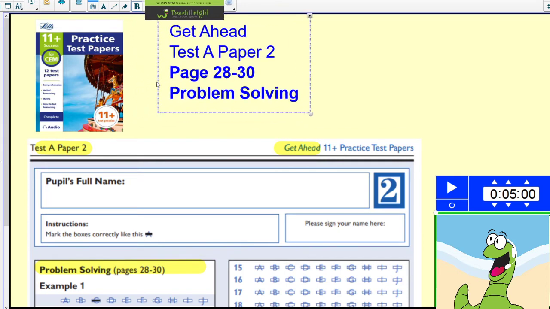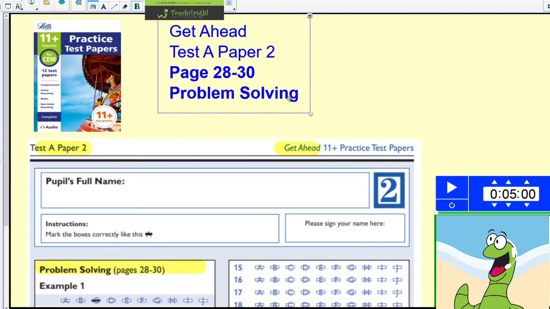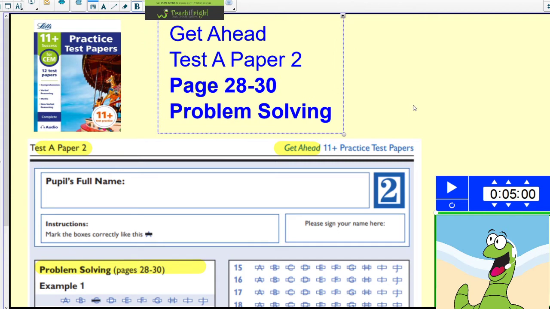So the thing we're going to need, of course, is our practice test paper book. And today we're going to be dealing with page 20 to 28 to begin with. Now, just to be very clear about this, it is not page 20 to 28 at the beginning of the book. It is the Get Ahead